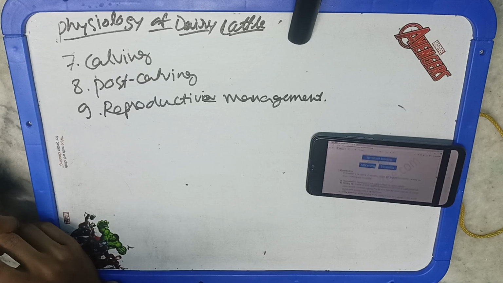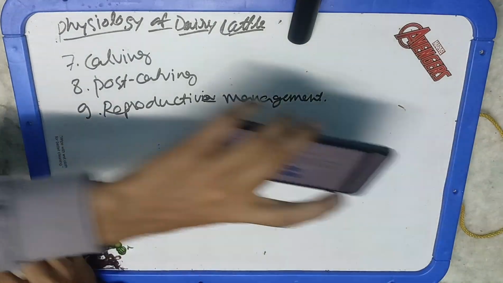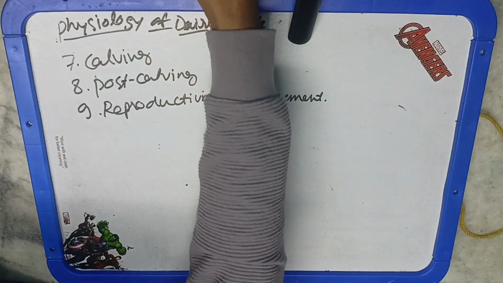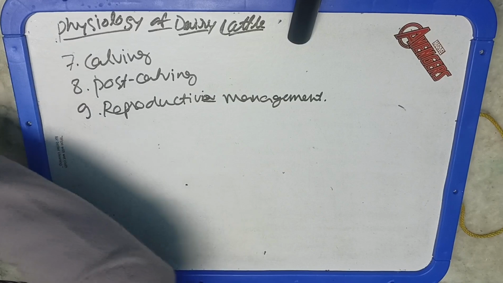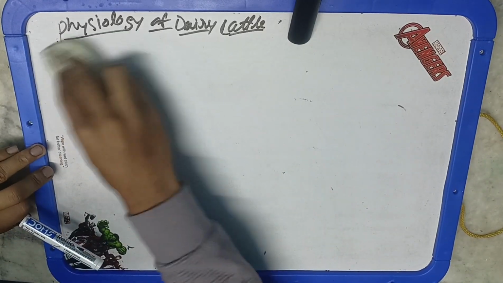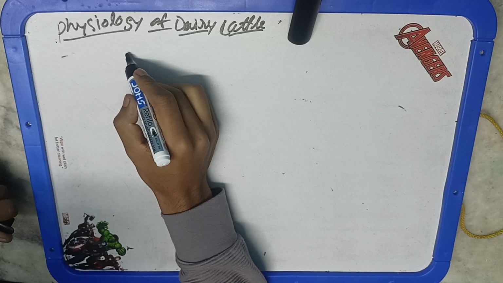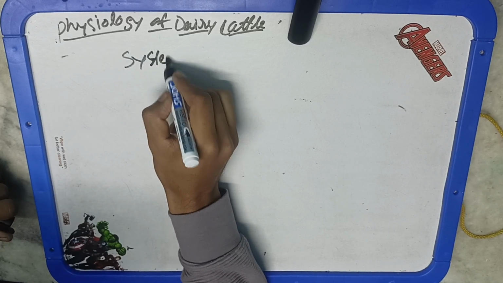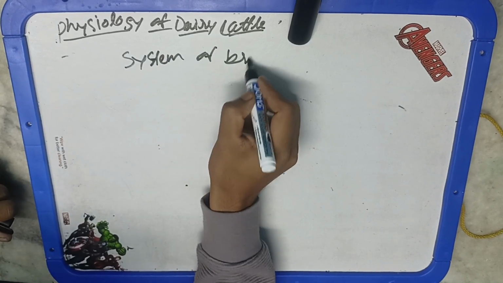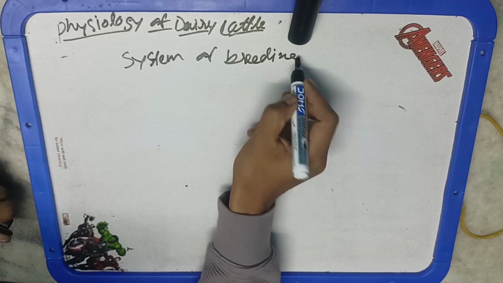Okay. So moving forward, there are systems of breeding in cattle. There are two types of system: one is outbreeding and the other is inbreeding. As the name suggests, outbreeding means unrelated, and inbreeding means within the breed. So this is the basic difference. Outbreeding means unrelated animals, including hybridization, grading up, crossbreeding, and outcrossing. These are the common methods.